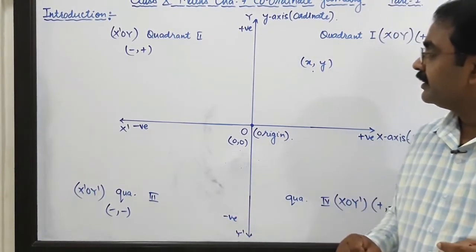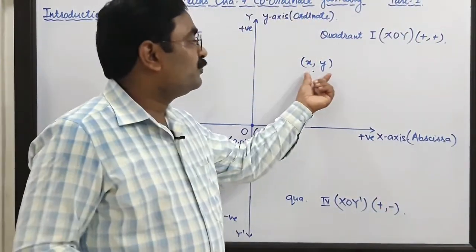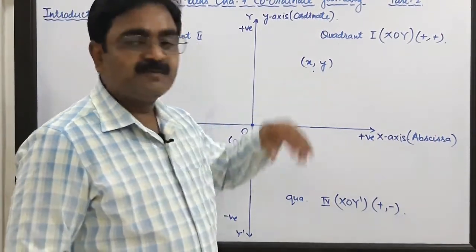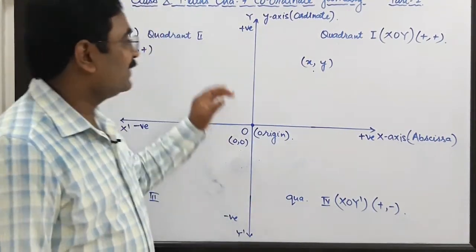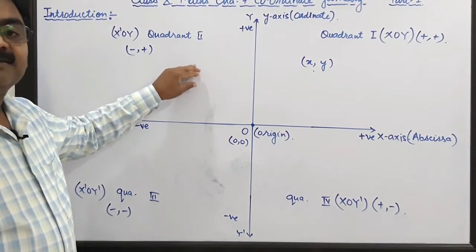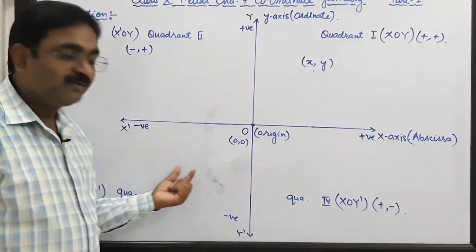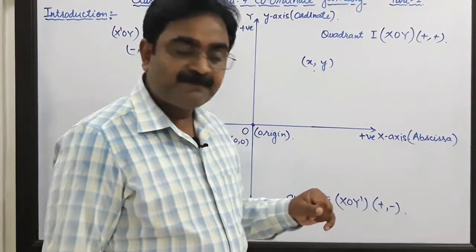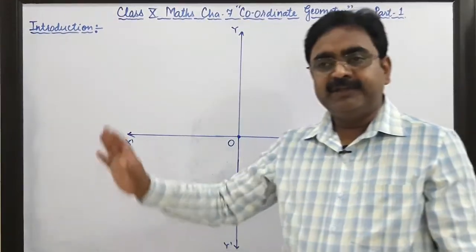afterwards, as we have discussed, we are locating a point in these planes. So if x is positive and y is positive, this point lies in the first quadrant. If x is negative and y is positive, that point lies in the second quadrant. Similarly, if negative, negative, you get the third quadrant, and if positive and negative, you get the ordered pair numbers, so that point lies in the fourth quadrant. After seeing the introductory part,